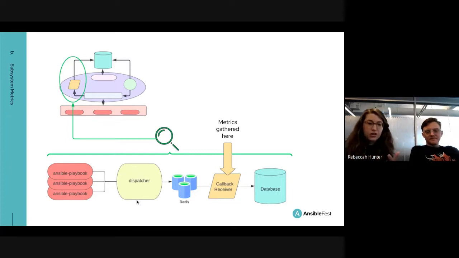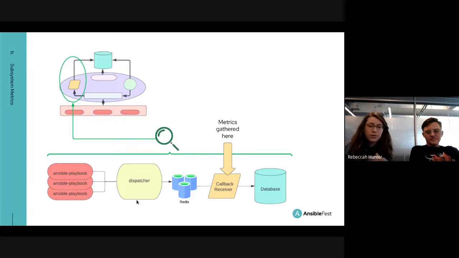So kind of like a logical question here is, let's say that we have like a bazillion jobs and we're sending a ton of output from the playbooks to the dispatcher, and it's all getting shoved into Redis. Well, we can overwhelm Redis, and then the callback receiver can't keep up. And theoretically, we could lose that data because that Redis is actually in memory.